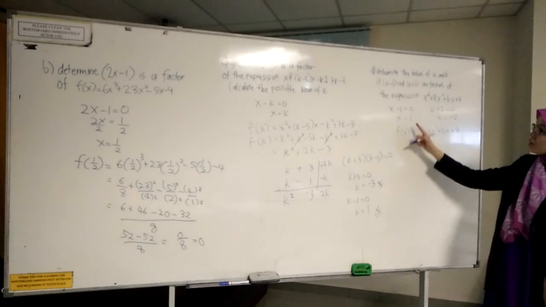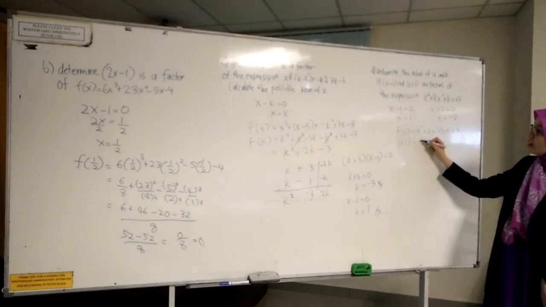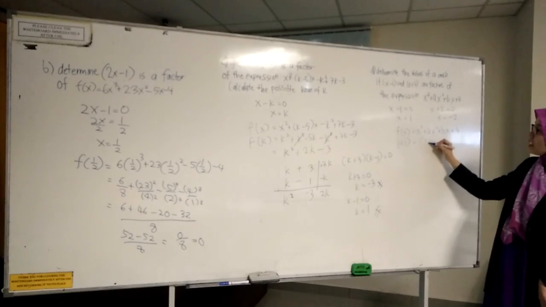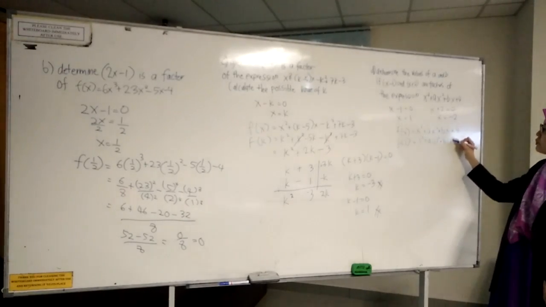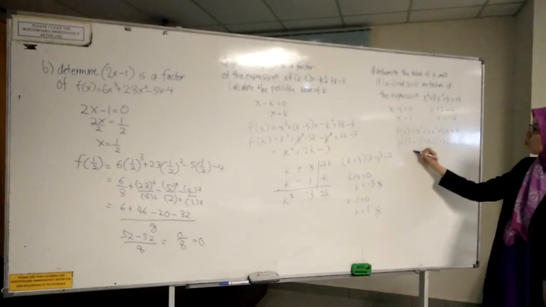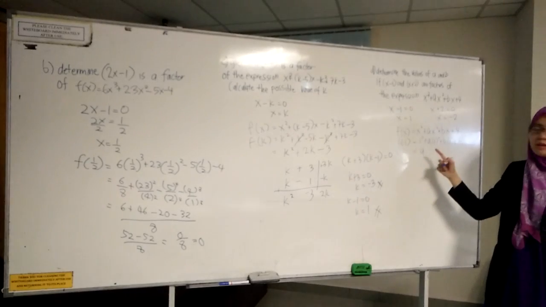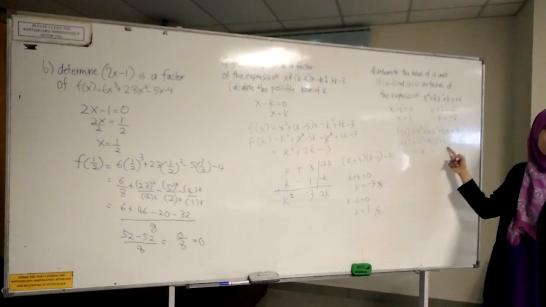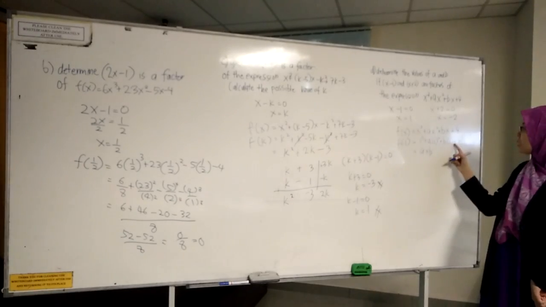We substitute the first value, 1, so we get 1 cubed plus a times 1 squared plus b times 1 plus 4. So it's a, because 1 squared is 1, and b times 1 is b. 1 cubed plus 4 will be